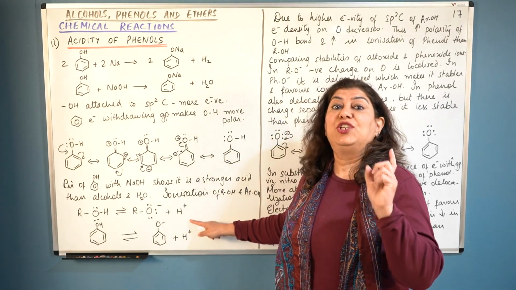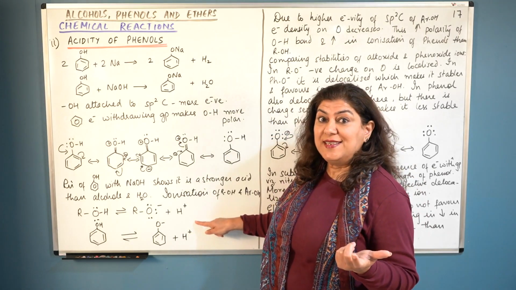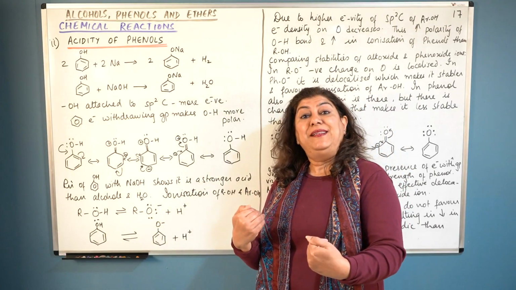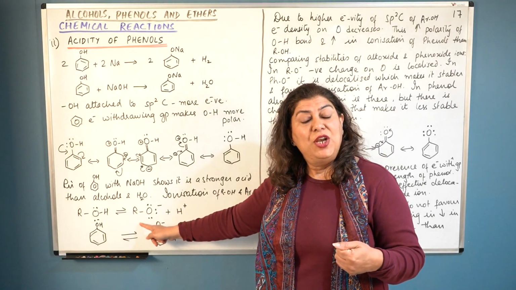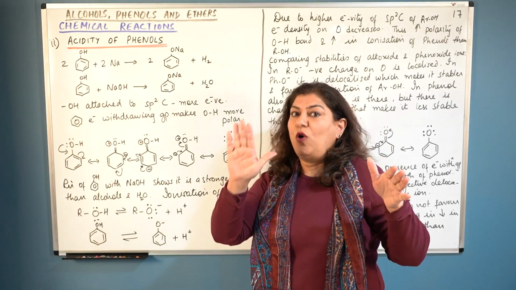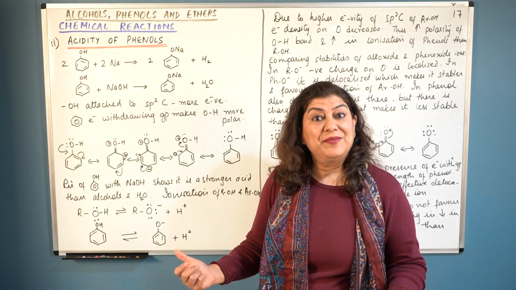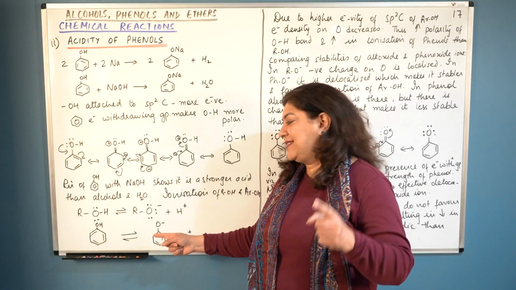It donated H positive, and anything that liberates H positive is an acid. And in this reaction, RO negative accepted that proton. It means that it acted as a base. So in comparison to water, the alkoxide ion acted as a base, which shows that alcohols are weaker acids than